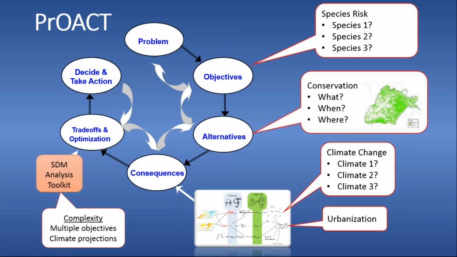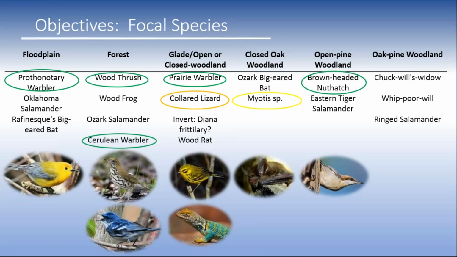So let's step through that in the next few slides to show you the methods that actually went on in this process. And so first, we had a workshop early last year where the team identified species that they wanted to focus on. And because this is an ecosystem-based approach and we were focused on restoring habitats, the team decided to choose species that reflected those habitats. So in other words, if the species responded well to our conservation scenario, that means we did a good job of restoring that habitat. And so we broke those habitats down into 6 different areas, and the team identified candidate species for each of those habitats. And these often were species that were of conservation concern,